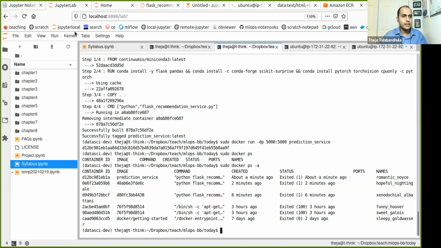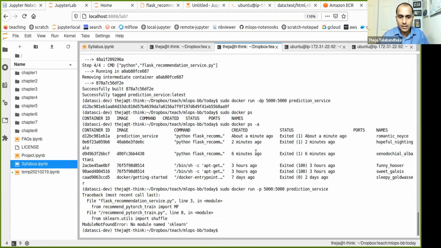Okay, so what I'm going to do is lab. So it looks like I did have some issue. The issue is basically that I don't have sklearn, which I forgot to include in the Docker file.